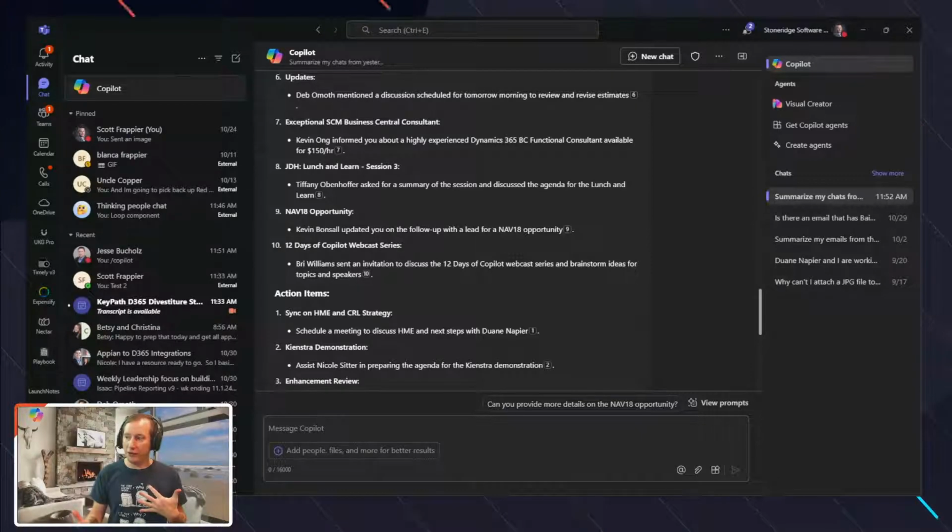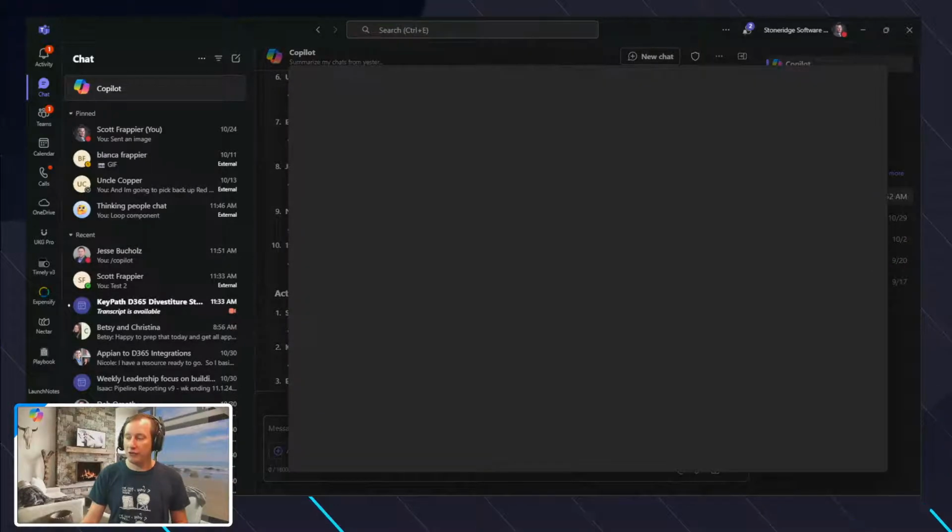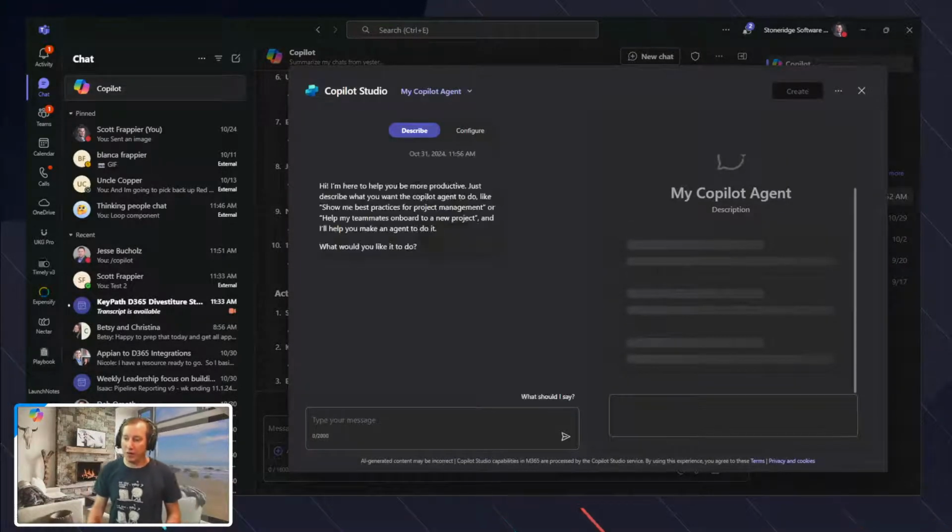So with Copilot introduction, being able to use these Copilot agents is also another feature that's becoming very, very prominent. And what are Copilot agents? Well, agents allow for me basically to create an autonomous individual, almost like a person, right, that can interact with a particular topic or subject that you can then use for interaction, right? And as you can see here, it's asking me, what do you want to create as an example to basically drive that Copilot agent?